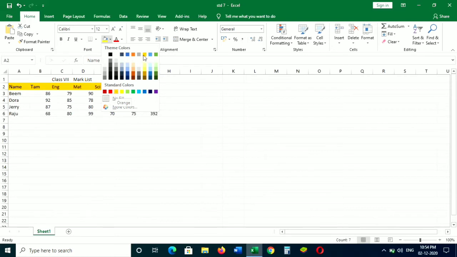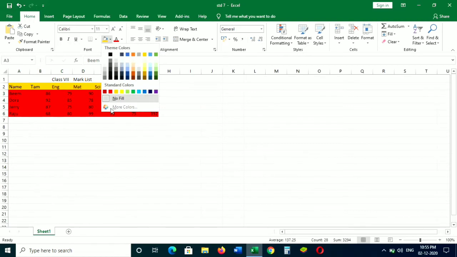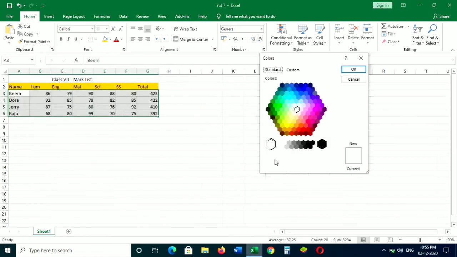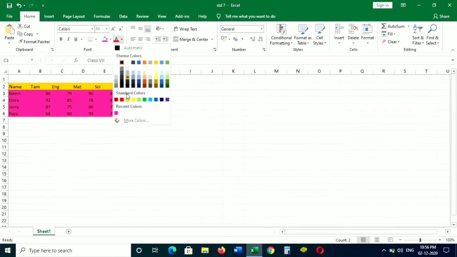Click to set the color you want. If you don't like any of the colors displayed, click on the More Colors option. From the Colors dialog box displayed, choose a color which you want and click OK. To change the text color, select the text that you want to change.